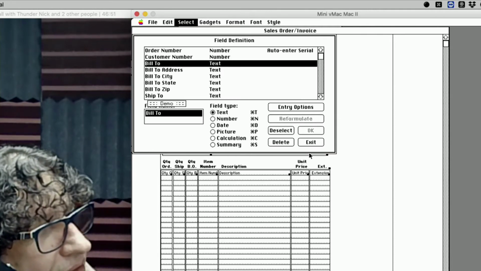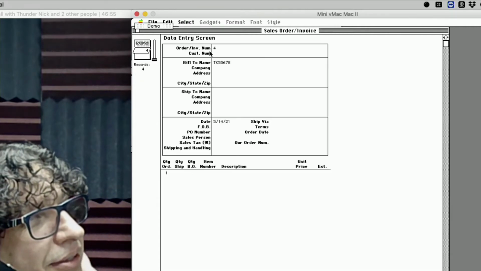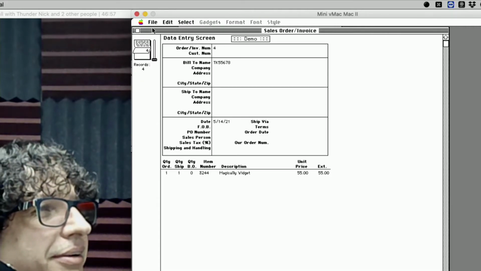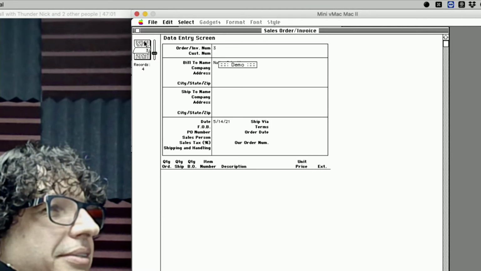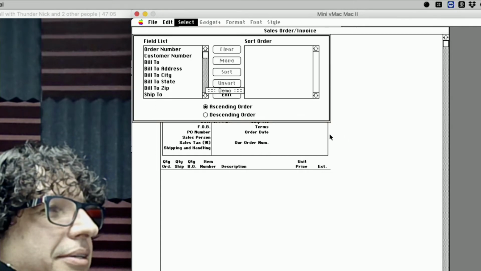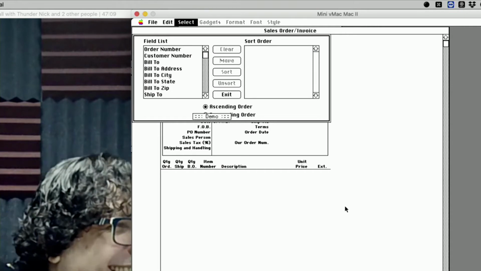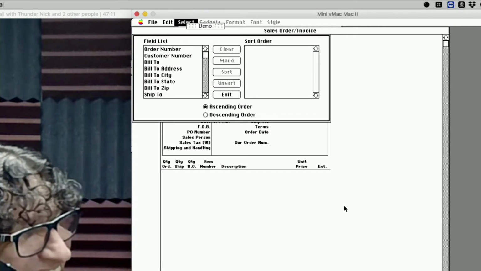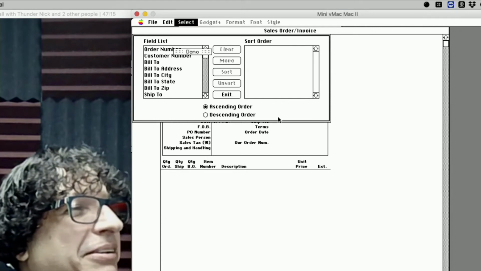Oh, okay. All right. We're going to do that. I'm going to hit exit. So we're going to be in browse mode. Can I Command B? Does that go to browse mode? It did. Okay, great. So I got records in here. I'm going to go to sort. Oh my God. It's the same dialogue. Well, they've added the option for custom. Yeah, but come on.